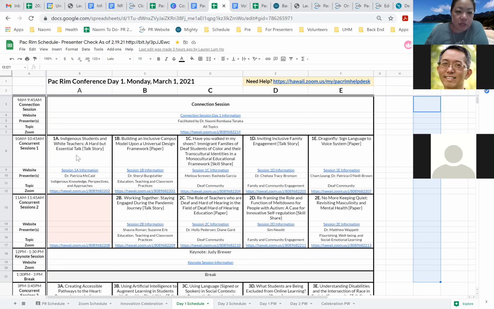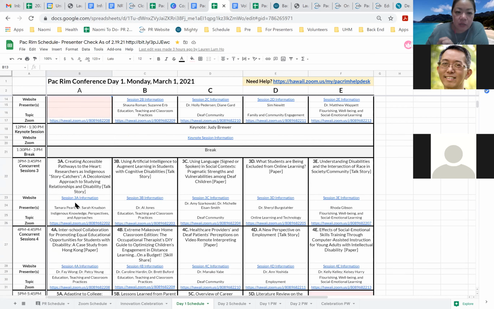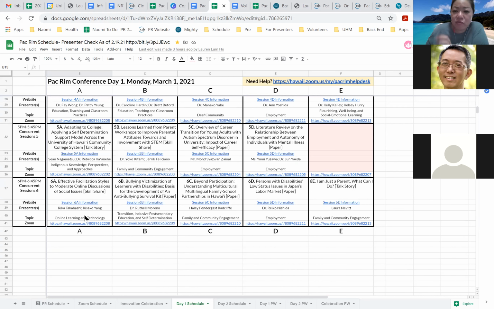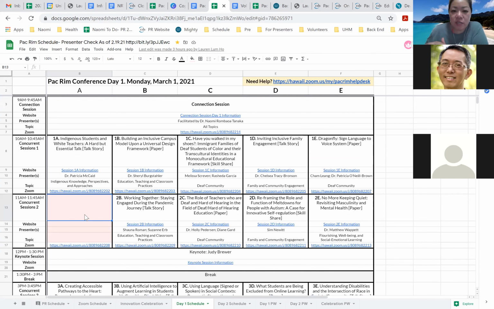So going back to the schedule here, there's 5 happening at once. When you see this kind of puka here, that means no one's scheduled. I don't think we're going to be filling these at this point. This schedule is pretty solid, but in this case, of course, then you only have 4. Keynote, break, and then again, a pretty long day. It ends at 7, and the reason for that is for the time difference, trying to accommodate for Asia and Pacific as well as East Coast time.